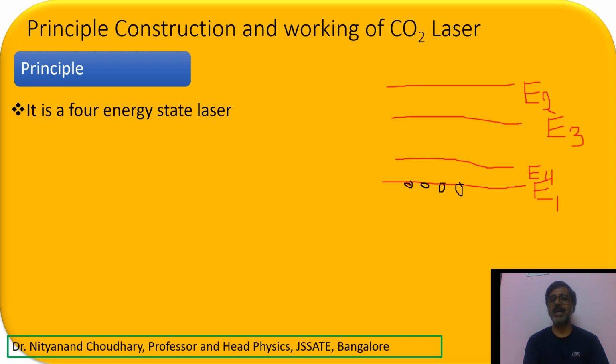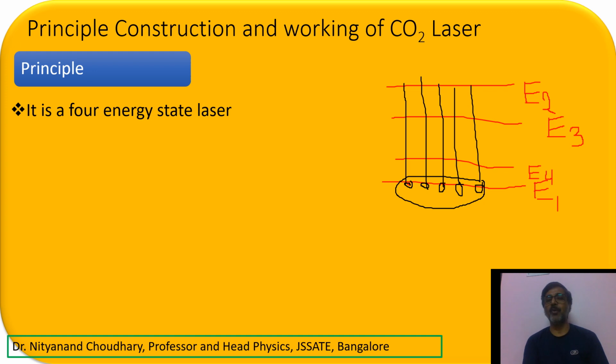We are dealing here with the carbon dioxide laser. So what we require to do, firstly, is to create the population inversion. To create the population inversion, here we are going to pump the atoms from the ground energy state to the excited energy state. So with the pumping it will go to your excited energy state. Of course, here we are going to use electrical pumping because it's a gas laser, right? So this is how the atoms are coming over there.